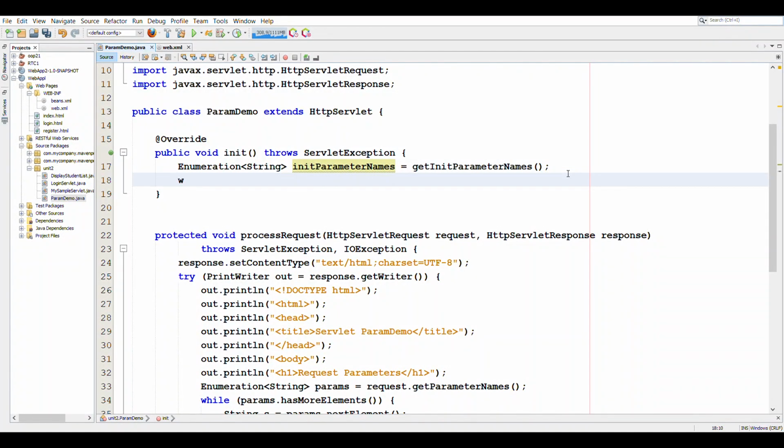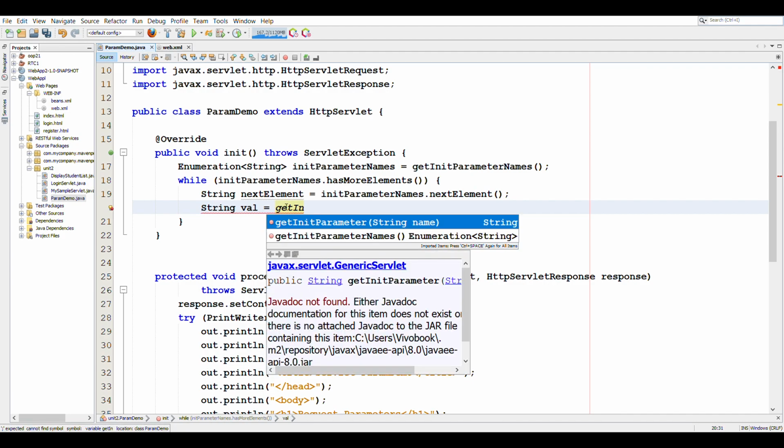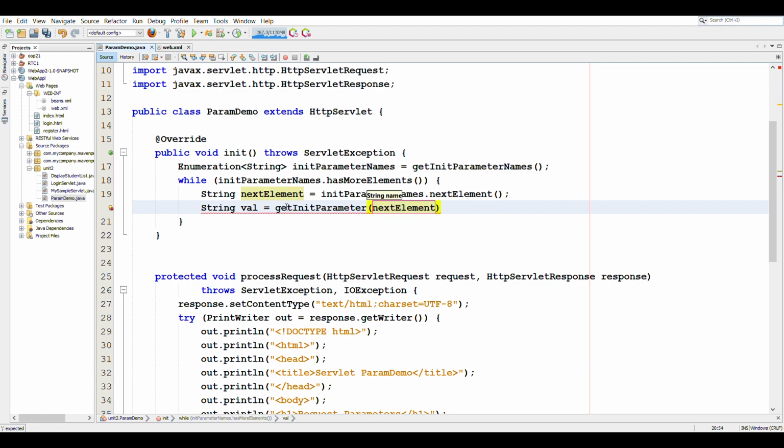We will use a while loop. While the init parameter names enumeration has more elements, we will get the next element using the nextElement method, and then we will create another string which is the value, and call the getInitParameter method wherein we'll pass the next element that we have fetched.